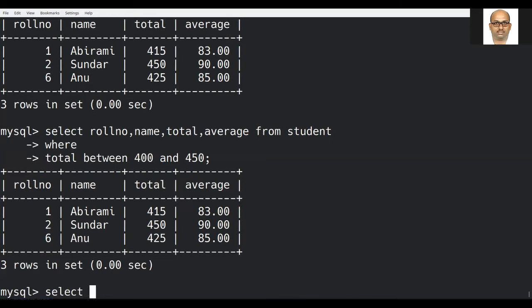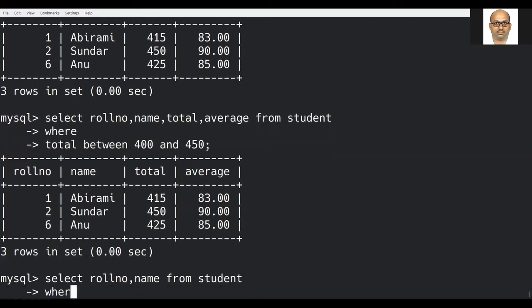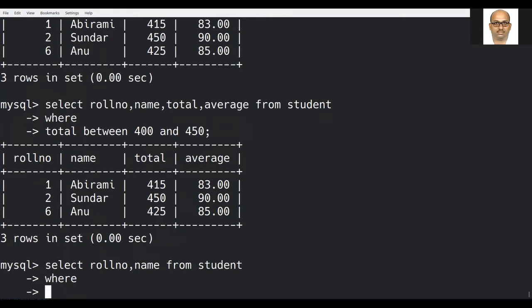Select roll number, comma, name, from student, where standard equal to 11 or roll number less than or equal to 4.